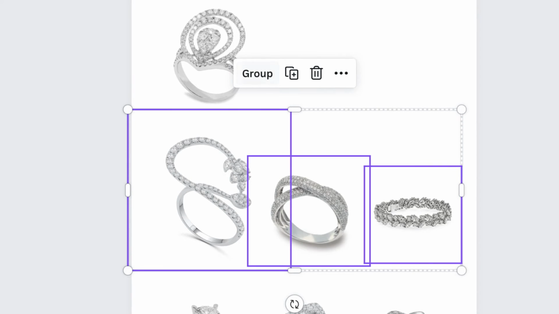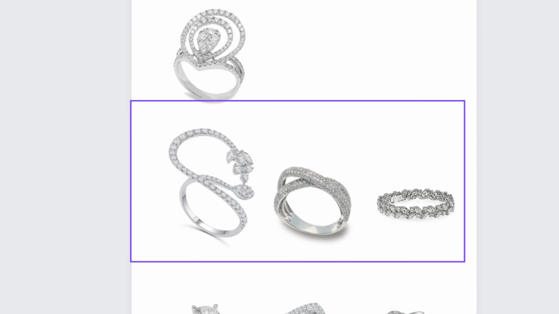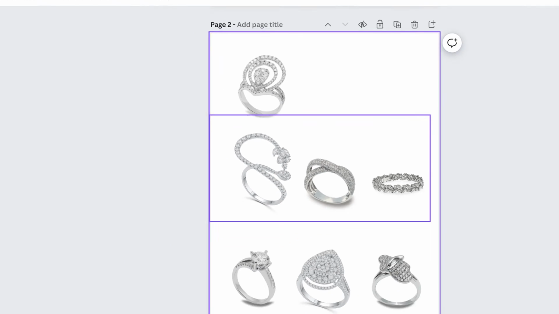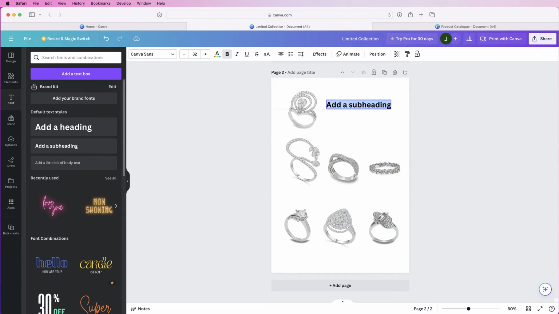Again, once you're happy, I'm just going to group them all, and then once again we can move them around. Now this isn't the be all and end all of the alignment, because we're going to put some text in, and when you put text in you can actually line everything up perfectly, and I'll show you how to do that. So again, we're going to go to text, insert a heading or subheading, and then I've just pasted across